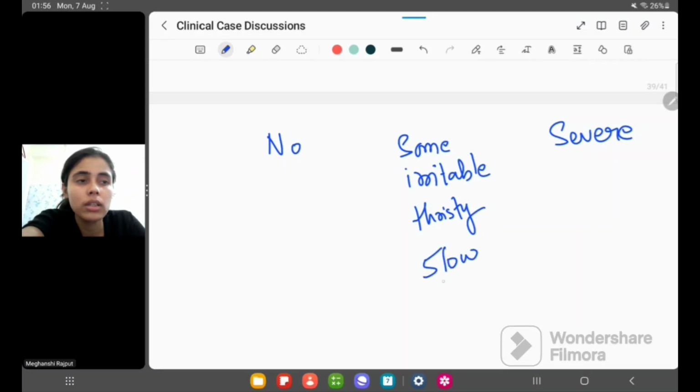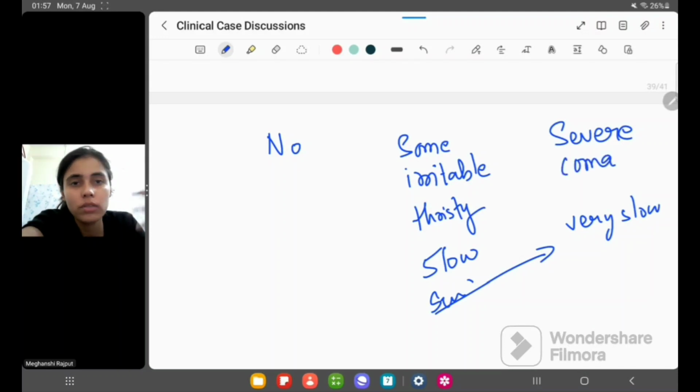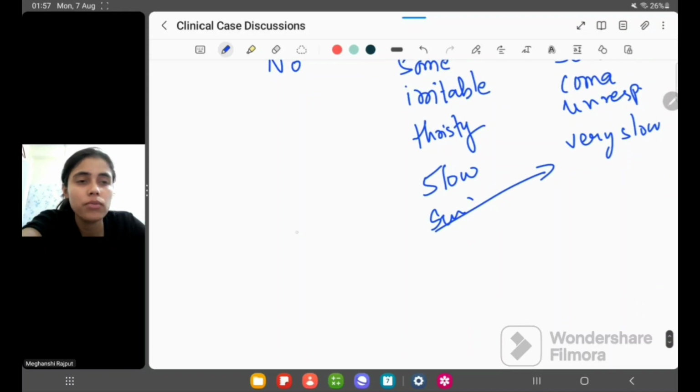and there is some irritability, we consider it some dehydration, and sunken eyes are there. But in severe dehydration, the skin pinch would be very slow. The child would be in a comatose or unresponsive state, so even if water is provided, the child would not drink it. Accordingly, our management would be plan A,